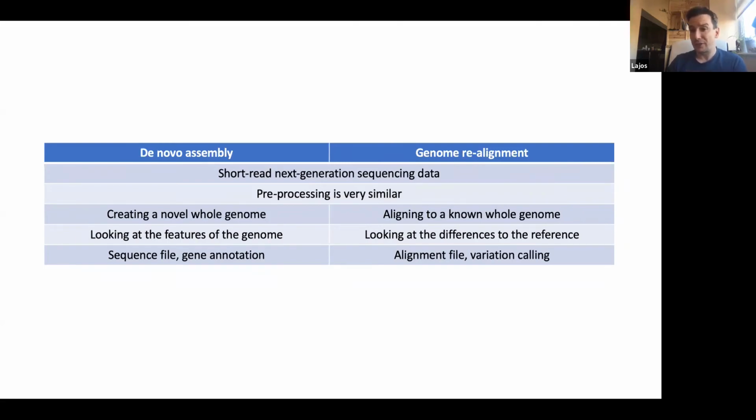And if you have a little bit worse data, if you have a bit lower coverage, then you can try with the genome realignment. Of course, you have to find out what's the best reference genome, but it's usually not that hard. If you know your bug, because you are, for example, culturing selectively for Staphylococcus aureus, or Campylobacter or E. coli, and you think that it will be an E. coli because it looks like an E. coli when it's a colony,